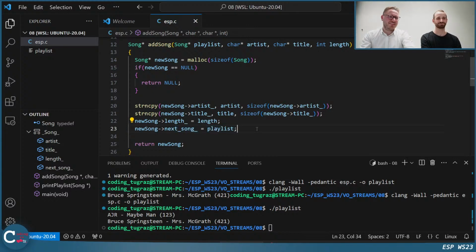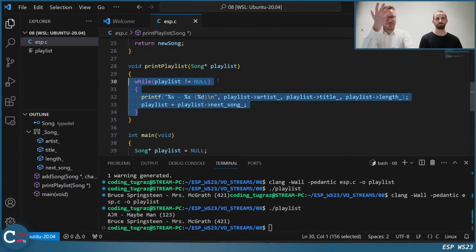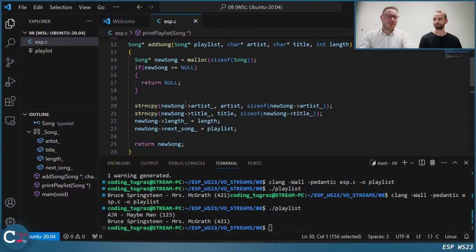Okay, so actually, I start with the new song in the playlist. So it's also very easy, or even easier, to add elements in the beginning, because we do not need to iterate over all elements inside. And just take the beginning, the head of the list, as next song. If I want to add at the end, I have to go to the end. I mean, we know how we do this actually. It's like this, but to keep it easier, I decided to do it like that.